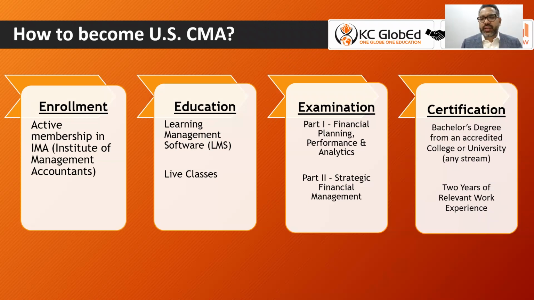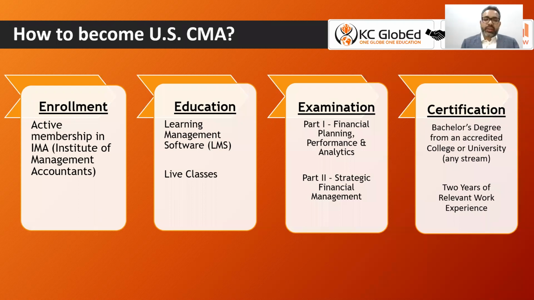First, you need to get yourself enrolled after your 12th. The minimum eligibility is 18 years of age and the 12th standard. So once you are done with your 12th standard, you can go for the enrollment process. For that, we have a dedicated counselor team who will help you with complete hand-holding: what forms you need to fill for the enrollment, and how you need to pay the fees to get the admission.